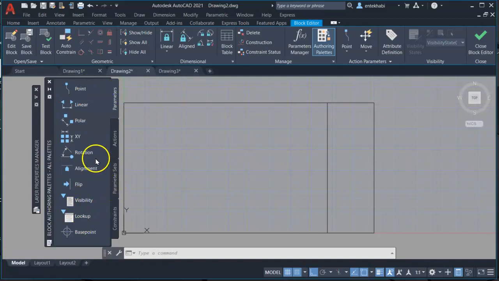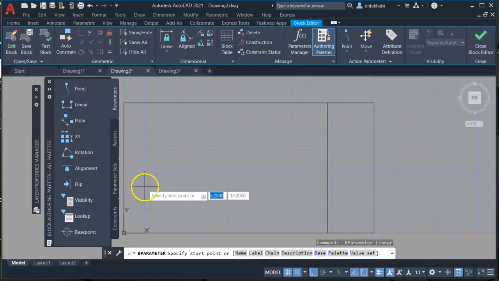In this parameter, we're going to define this as linear. Our goal is to define this block so that it is able to dynamically change the size. That's our goal. Here we will say linear, and then we will pick a point on the left corner here,